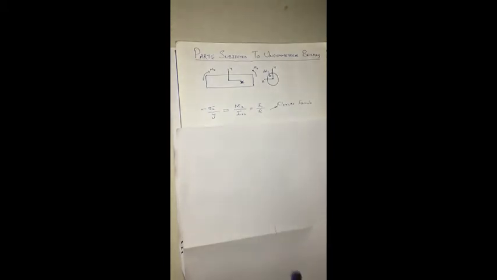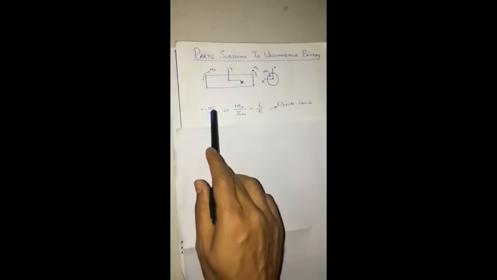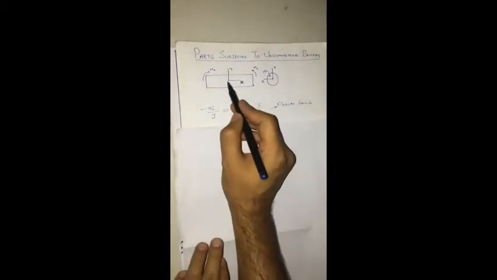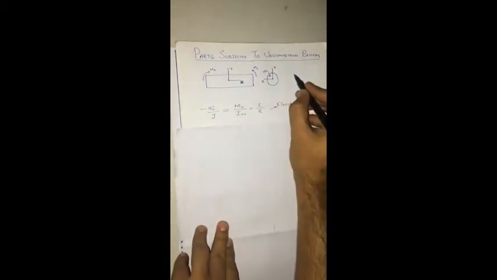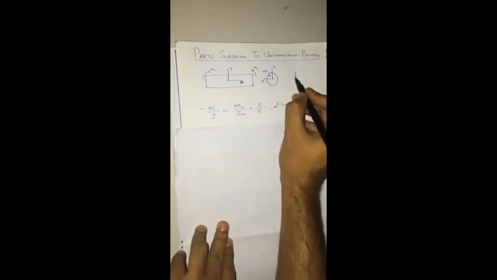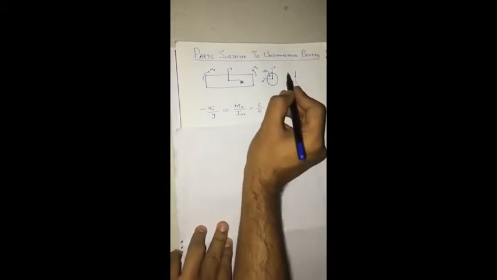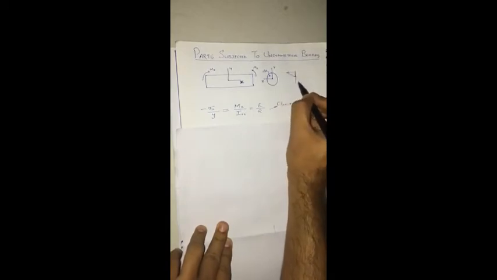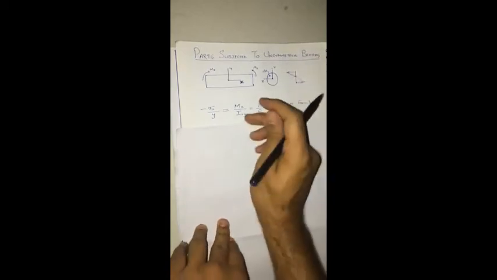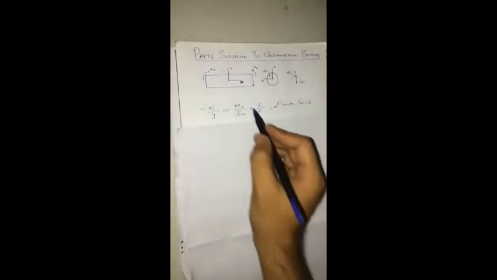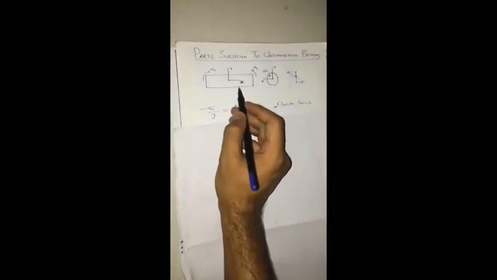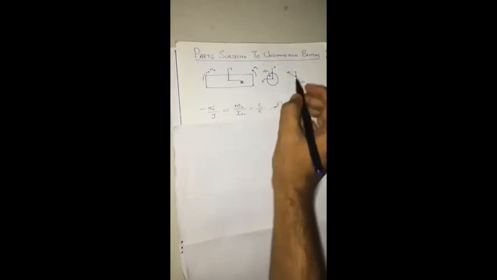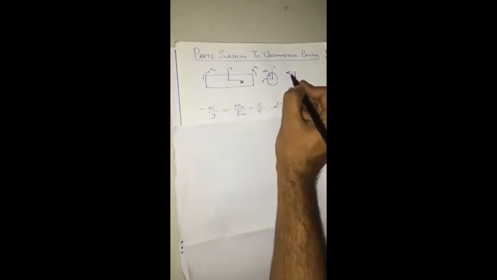This we have already seen, that is sigma by y is equal to M by I is equal to E by R. So sigma x, why sigma x? Because along the length of the beam the stresses will be developed. When this Mz is acting, what will be the stress profile? It will be something like this, such as this is neutral axis. Above the neutral axis there will be compression and below the neutral axis there will be tension, because this beam is trying to bend like this. So in the lowermost fiber there will be tension, uppermost fiber there will be compression. Okay, so this is the stress distribution.